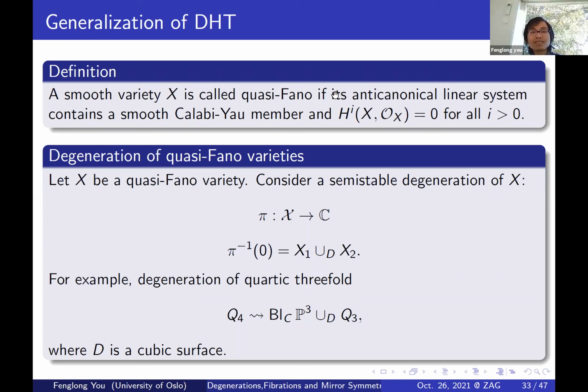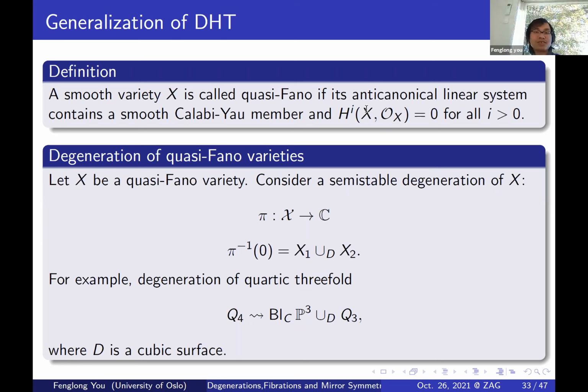It means that it is smooth. Its anti-canonical linear system contains a smooth Calabi-Yau member, and we also have phase equals 0. The examples are these. If we have a degeneration of Calabi-Yau into two pieces that we talked about before, and then these two pieces